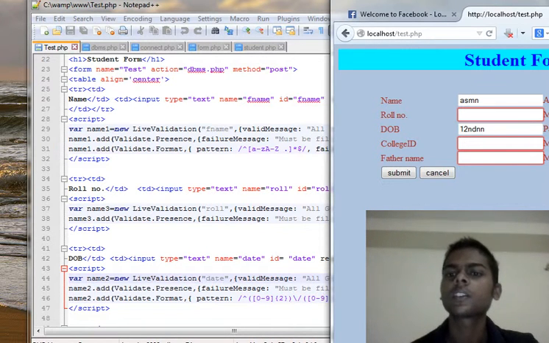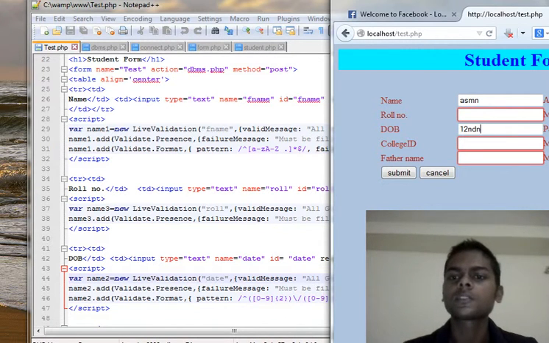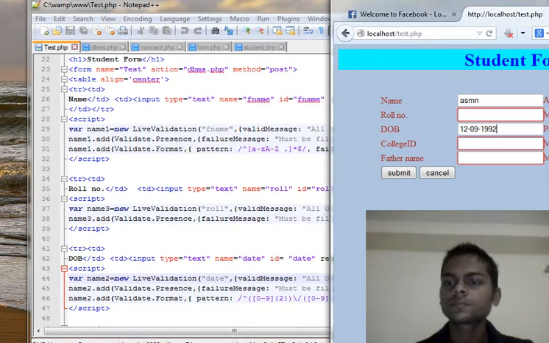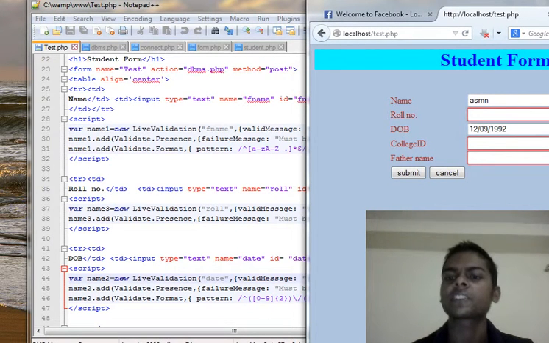Look, I have entered a wrong pattern for the date of birth, so it is showing the message: pattern must be date, month and year. Let us fill the entry in the same format. Now this is the correct format which must be entered in this text field. The message also shows all good.